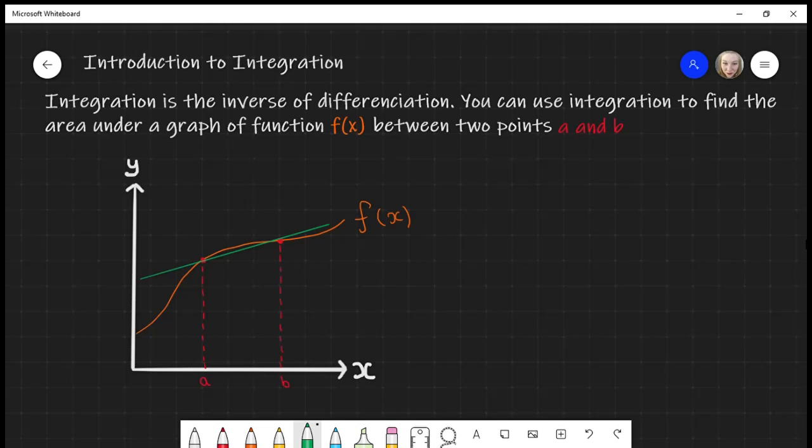However, it's not quite accurate. As you can see from here, you'll have an underestimation as there is some part of the function that is